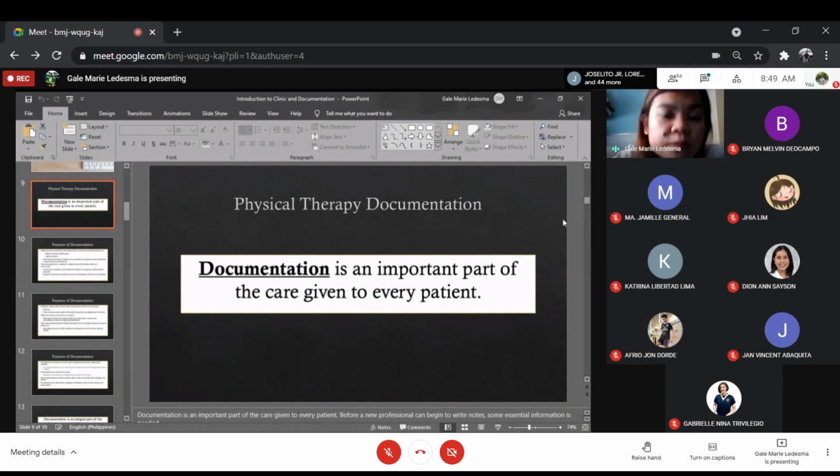Okay, so it's a communication tool. Of course, the main purpose of documentation as well is to show the patient's progress, whether the patient responded or not to any of the treatments. Okay, so aside from that,